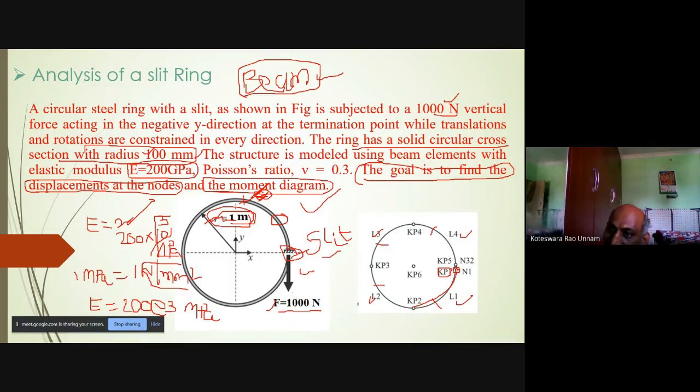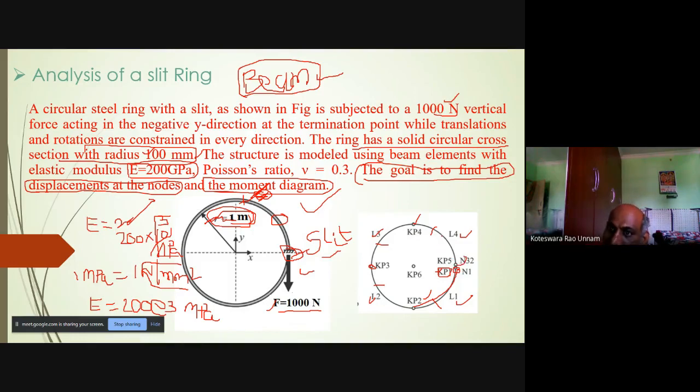To create any line in the software, I require endpoints. The endpoints of a line are nothing but key points. So to create this arc, I need to create key points here and here. Then to create arc L2, I require key points at this location and this location. Similarly, for the third arc, from this point to this point, I require key points at both ends. And for the 4th arc, I require a key point here and here.